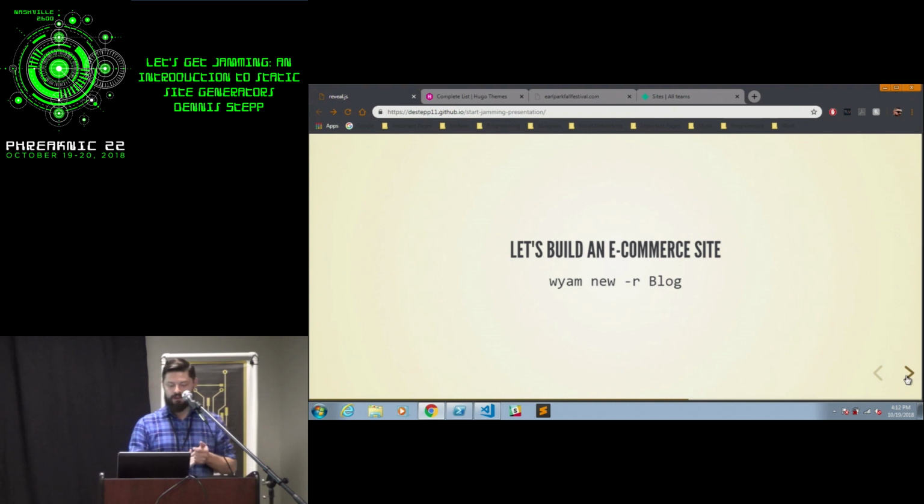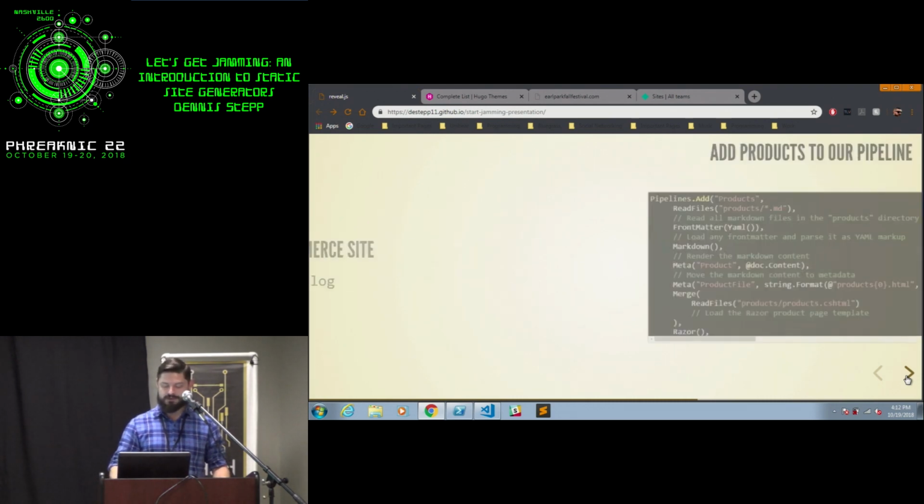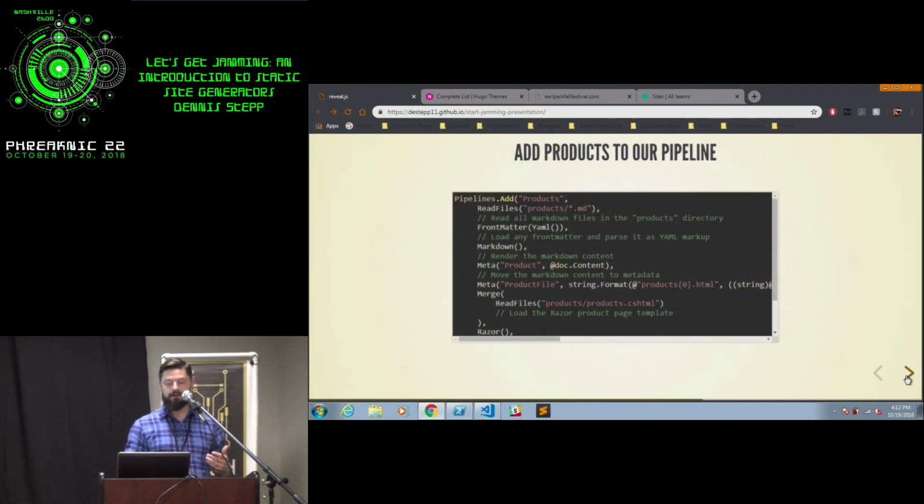So now what we're going to do is basically build a front end for an e-commerce site. And this is not super fancy or anything, and again, I just stole the template from somebody else that published it. I didn't actually steal it, right? Borrowed it. But we can just build a blog, and with YAM, since it's written in .NET, you have all of the C# syntax, and you can do Razor pages